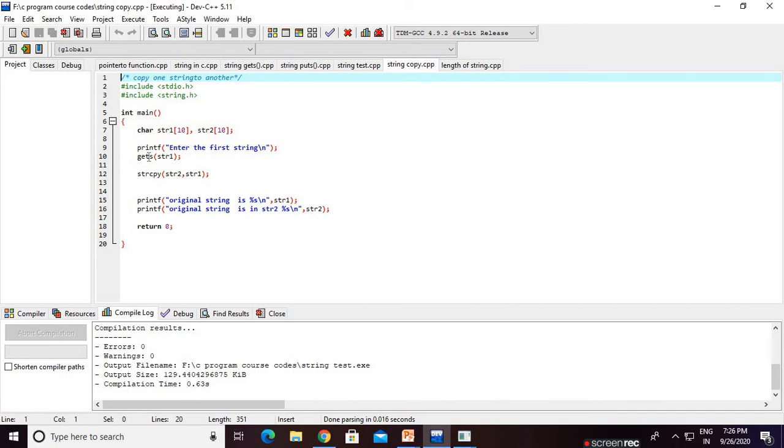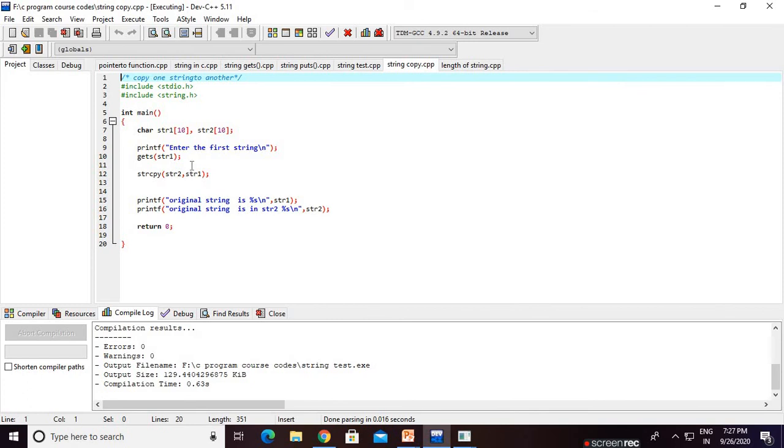Using gets we take the input, gets str1. Now the logic is that we try to copy our str1, the first string value, to the second string. Now the syntax of strcpy: we try to copy str1, the first string, to store in str2, the second string. The first string value is copied to the second string.